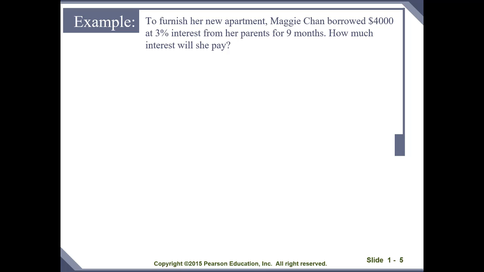Here's an example. To furnish a new apartment, Maggie Chan borrowed $4,000 at 3% interest from her parents for 9 months. How much interest will she pay? So again, we have our formula here. Capital I, that's the amount of interest she'll pay, equals the principal times the interest rate times the time period. So to figure out how much interest Maggie will pay, we take the principal, that's how much she borrowed, $4,000,